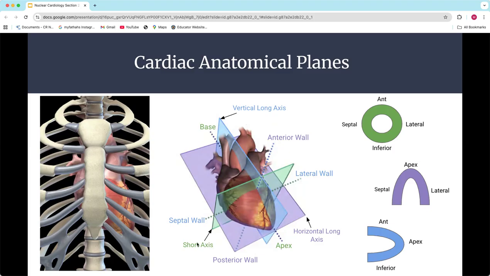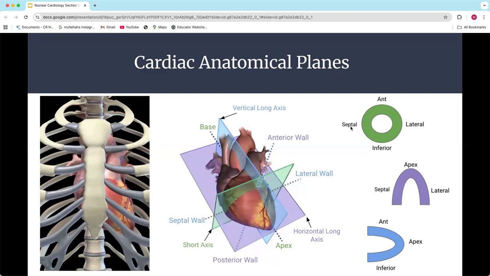So again, if we take our short axis, and I've tried to color label these the same, that's where we're cutting from apex all the way through to the base. If you can imagine slicing that up, you're going to end up with what looks like a donut. The way that we view that axial slice, that donut, is that anterior is always going to be anterior, so the anterior wall is aimed up. The inferior wall is down. The lateral wall, because it's to the left side of the patient, is going to be on the left side. And the septal wall, being towards the right side, is going to be on the right side. So that's how you're going to view this. In the axial plane, we've got anterior, inferior, lateral, and septal.